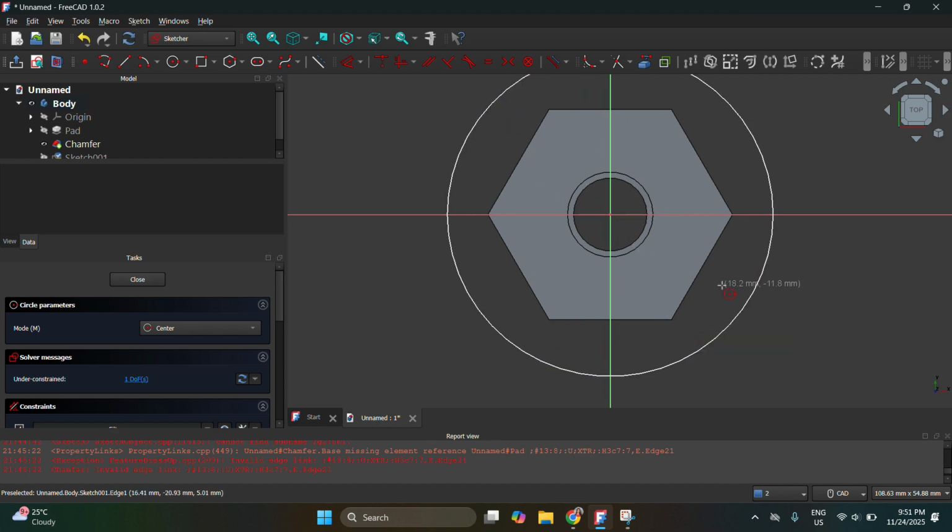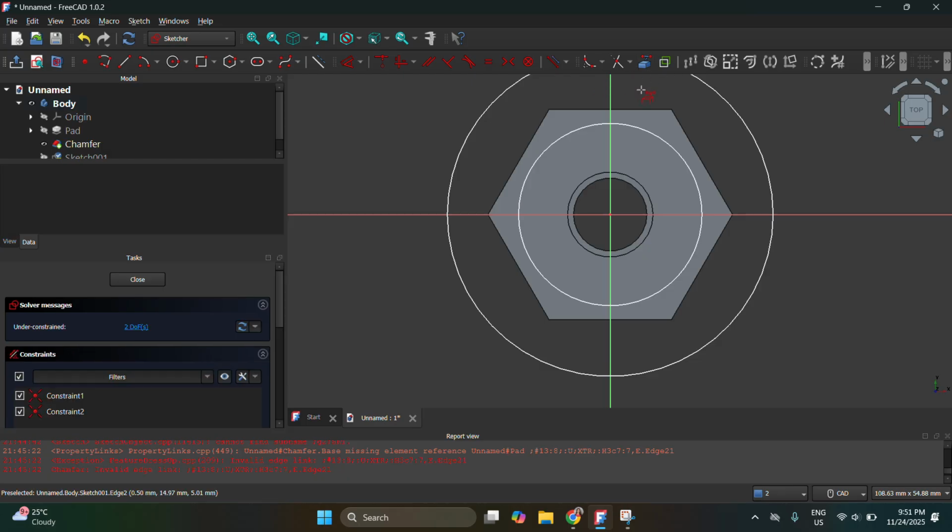To add a chamfer at the corners, draw a circle outside. There is no specified diameter for that as long as it is outside. And then draw another circle inside, but this one must be set tangent to the edge of the hexagon. How do you set that in tangent? I hope you have learned this already in mathematics, specifically in geometry. When we say tangent, this line should touch one point of the circle. So let's create external geometry here so we can select this later. Since it's done, we can proceed.